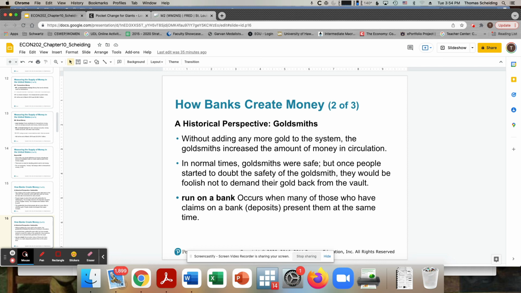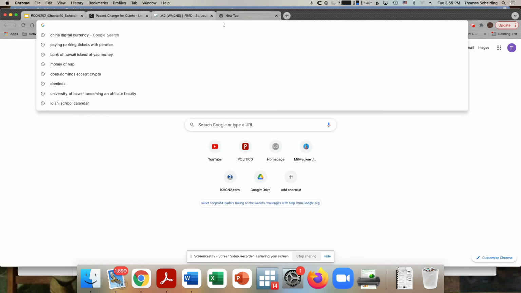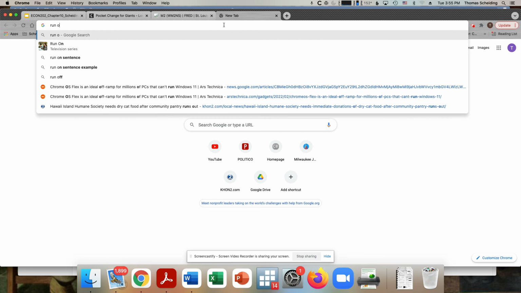And as long as it wasn't in crazy amounts, and the goldsmith was trustworthy, then the system would work. The problems would emerge if all of a sudden we found out that Tom the goldsmith is spending a whole bunch of money, meaning spending my depositors' money, and all the depositors come to my bank at once and ask for their gold back. Then the goldsmith's not going to have it because he lent out some of the money. And so we would call that a run on the bank. Now, the last time we had a run on the bank was during the 2008-2009 crisis.